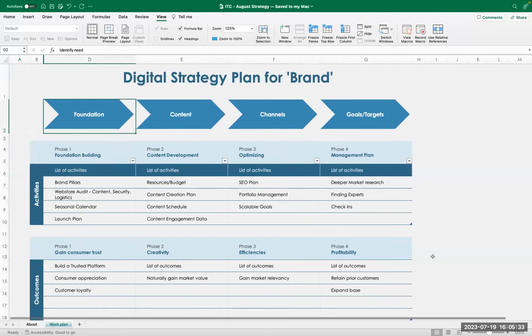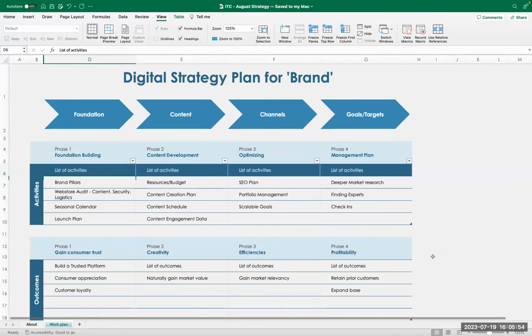So we're in the foundation. Phase 1 would be the foundational stuff, and just looking at the activities and then the outcomes that come with it. If you look at the foundations phase, it would be us going through the first part of the training, which is